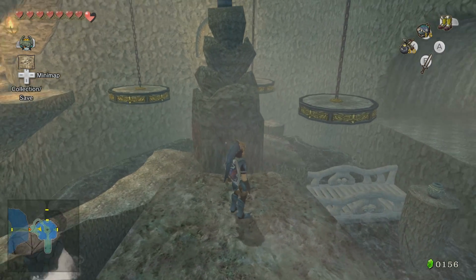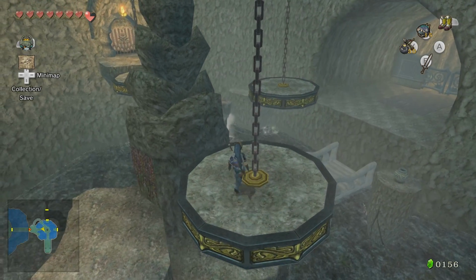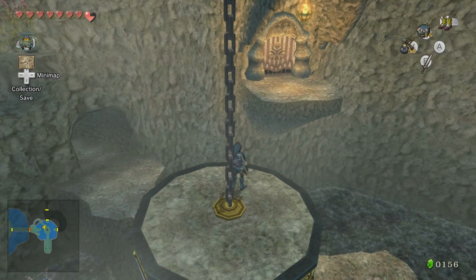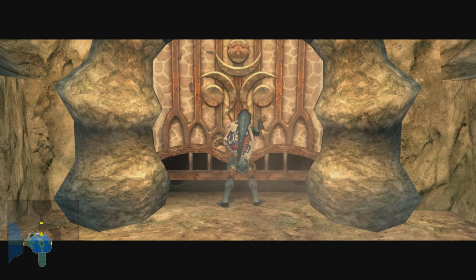So we're just gonna have to get onto one of these things now that it's spinning around, and we'll be back for that bridge later. Again, don't forget about it, because it'll be quite a bit later on in the dungeon before you're able to do anything with that side area. But we're gonna jump over here and open this up,